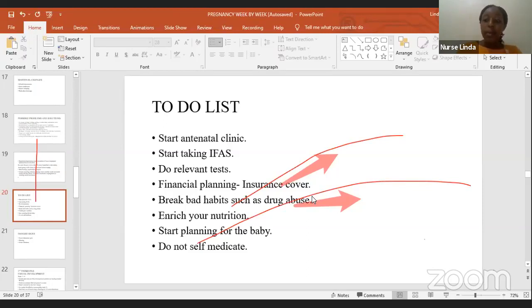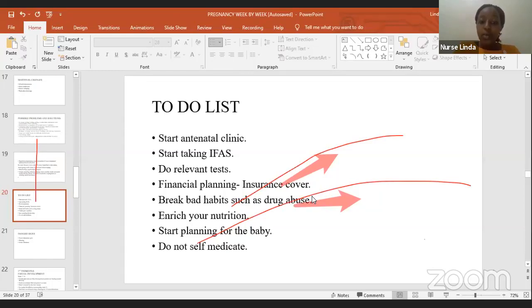We have seen women who come in with labor, and that is the point where they start wondering what to do, but they have been pregnant for 9 months. So we need to get them planning themselves as early as possible. It will also reduce a lot of pressure that comes in when a person is about to deliver and there's a lot they have not done.